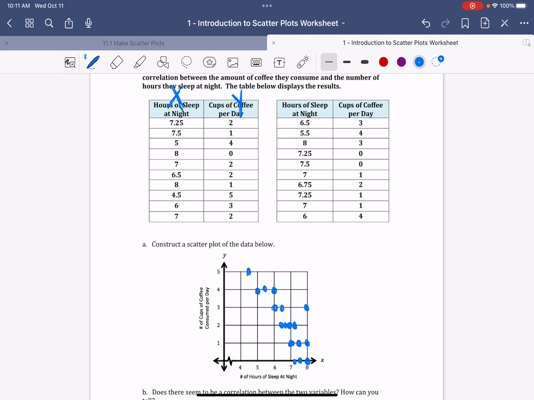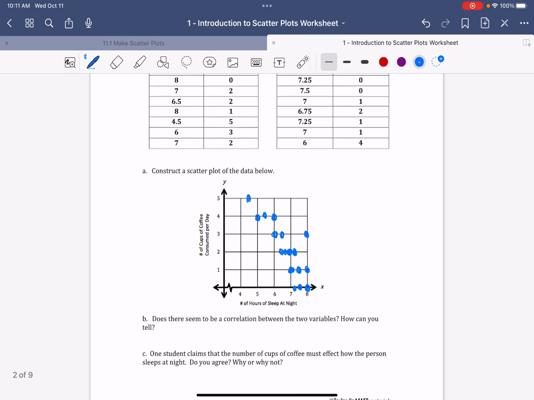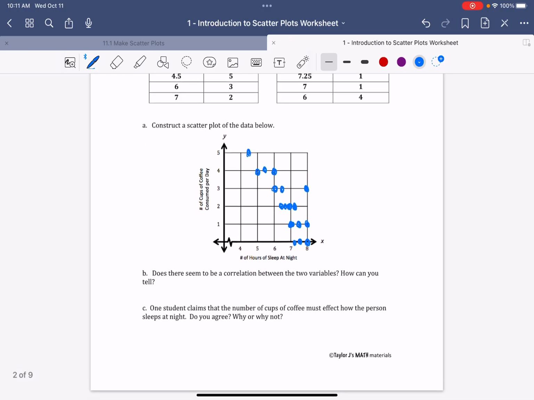Okay, so my dots are on my graph. Some of them were the same dot, so I didn't draw them twice because it was just one on top of the other. But let's go ahead and answer the questions below. So part B says, does there seem to be a correlation between the two variables? So yes, there is a correlation because you can predict what's happening. So as the amount of hours of sleep increases, that means that they need less coffee in the morning